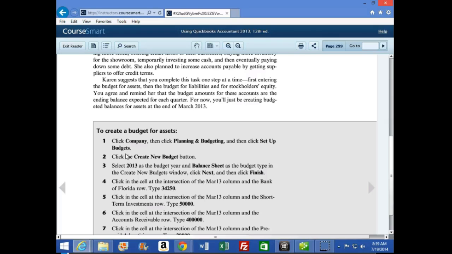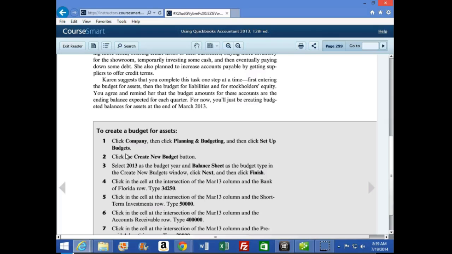The income statement is probably the more traditional idea of what a budget is because it has to do with timing. Another type of budget generally often has to do with cash flows. And this budget, we're going to look at the assets and try to see where we would be at a